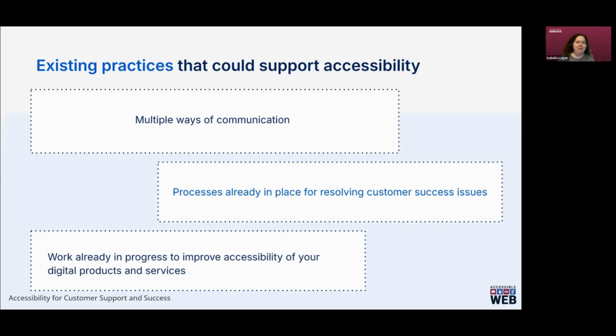Perfect. So there are many different practices that could currently be in place that support accessibility within your organization. You could offer multiple ways of communication by offering access to reach a support team in different ways. It allows customers to choose which method of communication they feel the most comfortable using. There might also be current processes in place to resolve customer success issues, and it could help address accessibility problems as well. And there's also a possibility of work already in progress to improve accessibility within your organization with digital products and services. So I'm going to toss it back to Heather for the steps that your businesses can take